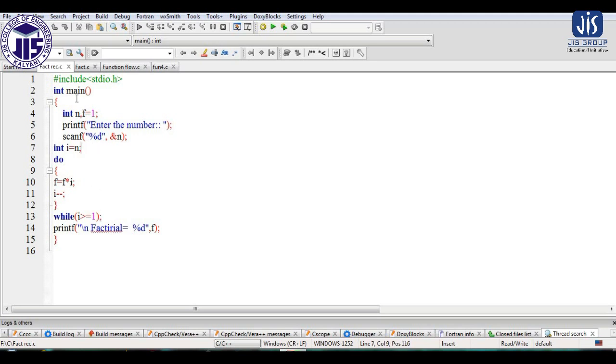So here what we have done, I have taken the variable n, where we will take the input for which we want to find out the factorial. In the n variable that value will be assigned, that I have taken as an input. And this is the logic we are writing for finding out the factorial. So factorial means basically if I find 5 factorial, it should be 5 into 4 into 3 into 2 into 1 and so on, in that way.